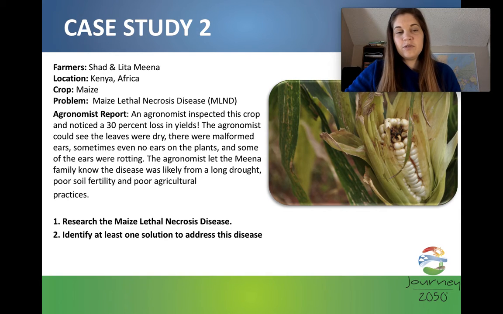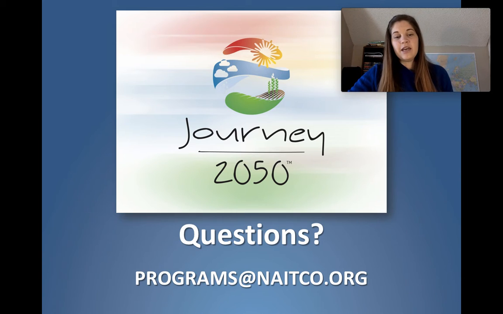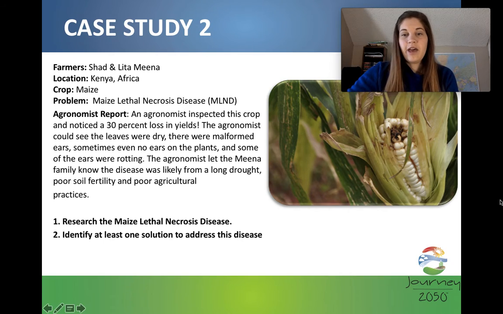So what I want you to do is go ahead and look on the website, read through this, do a little bit of research on it, and then identify at least one solution to address this issue. So you're going to go ahead and look at those two, and then we are going to continue on